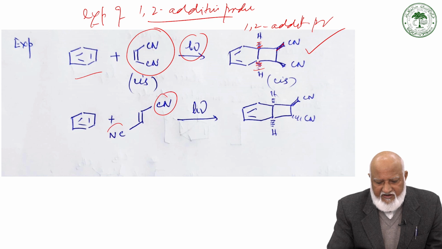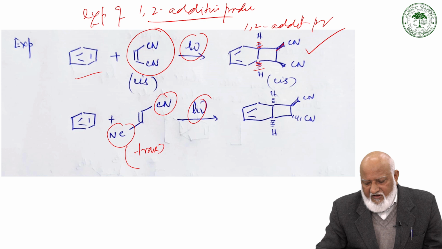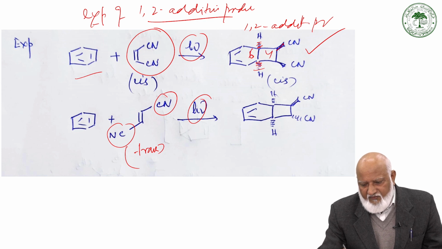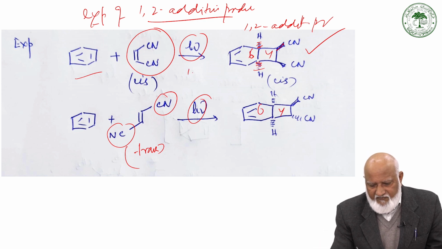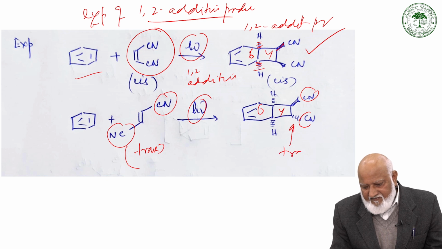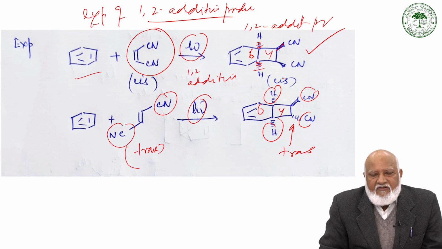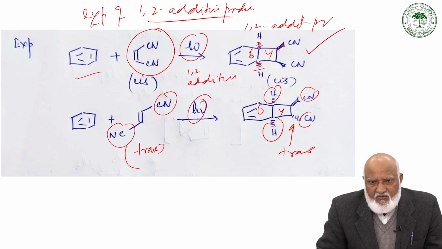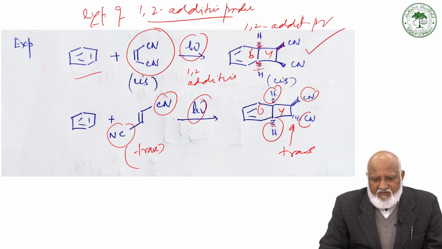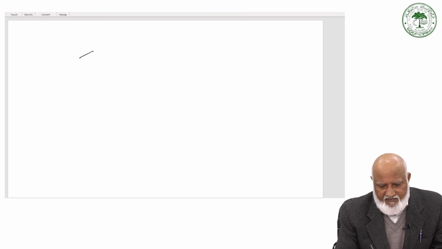If you start with a trans electron deficient alkene, photolytic condition also gives the 1,2 addition. So here you can say that cis gives cis and trans gives trans, but the ring junction remains the same, the cis ring junction, and that is true on the other side of this. Addition of benzene with